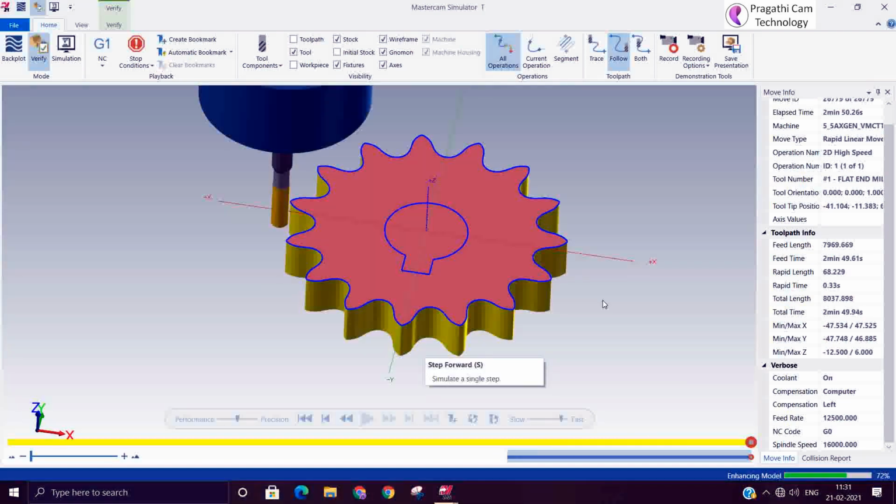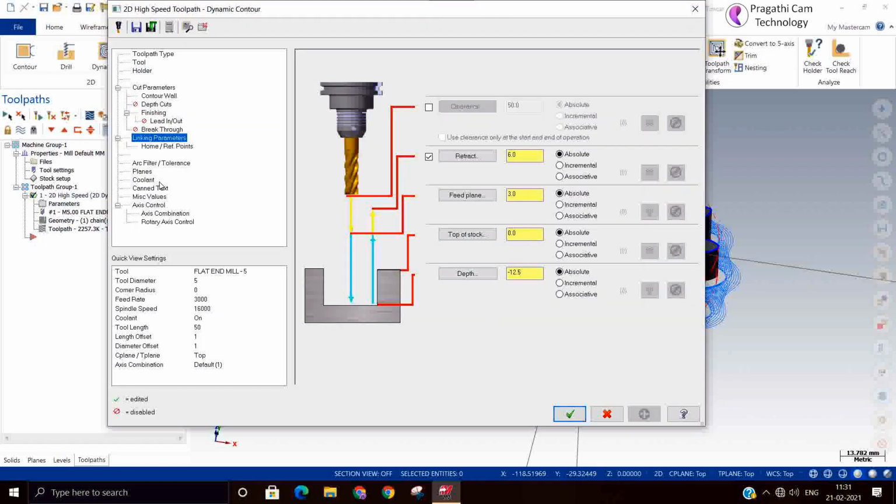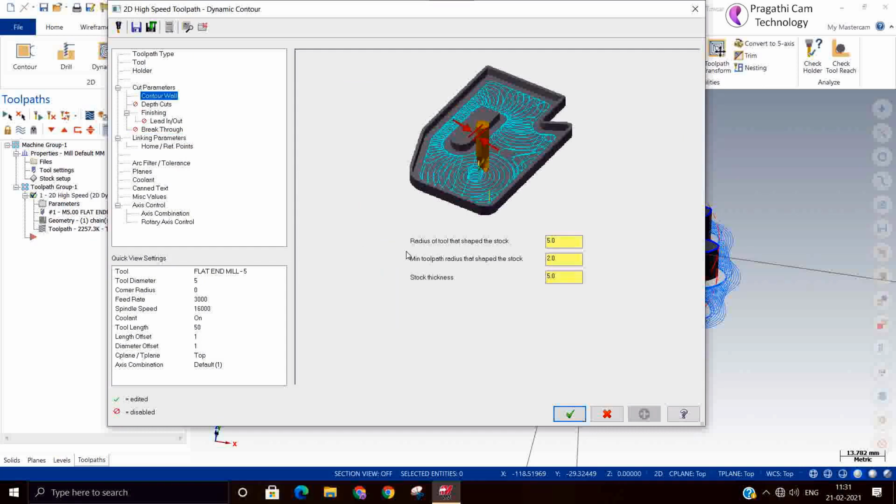We have given finish pass also. So this is high speed contour machining. Even you can modify, it's going a little away now. So we can reduce the, we change this diameter. So we'll make it 3.